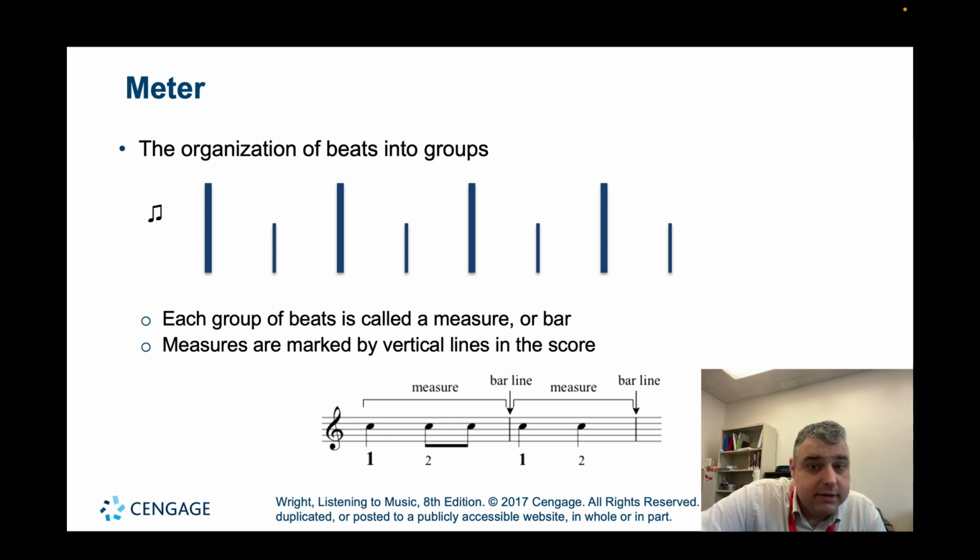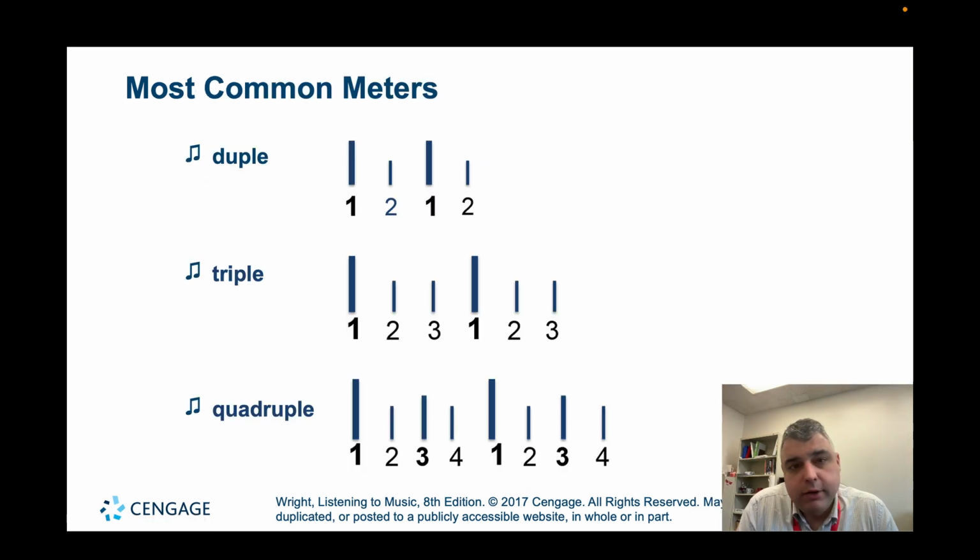Each group of beats is called a measure. And if you look here, if we were to notate it, they notate measures on a 5-line staff, and each new measure is going to be delineated by what we call a bar line. Continuing talking about meter,